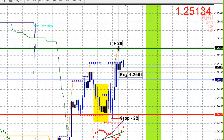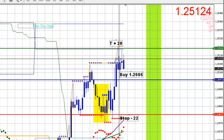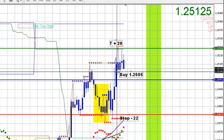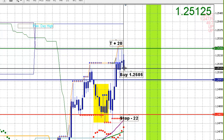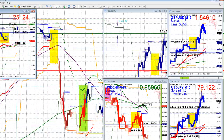However, I made a clerical mistake here when I wanted to change the target from 20 pips to 15. We were actually up 7, 10, then we went back to +3, so I ended up closing this trade accidentally at +3, which is a shame. Okay, and then the